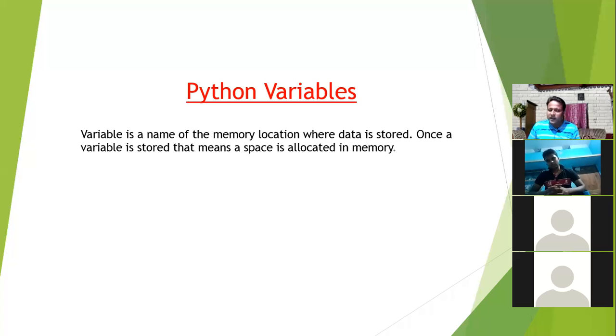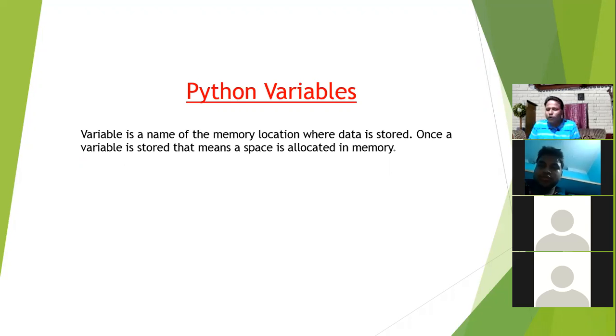In a similar way, we know that the rations and cooking items are all present in the kitchen room. So if anybody is asking us, we go to that particular location, and if anybody is asking for a note, I will move to the study room. That means we arrange everything in a particular place so that we get the information easily when anybody asks. The variable is just like that. You have to store your information in a proper location so that anybody can easily get it from that location, so the variable is required.